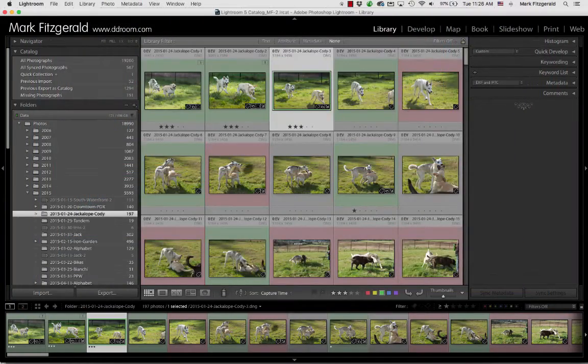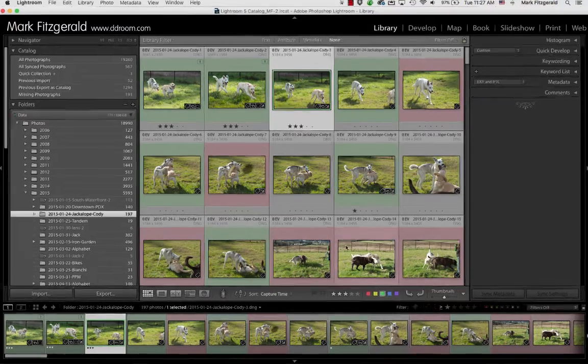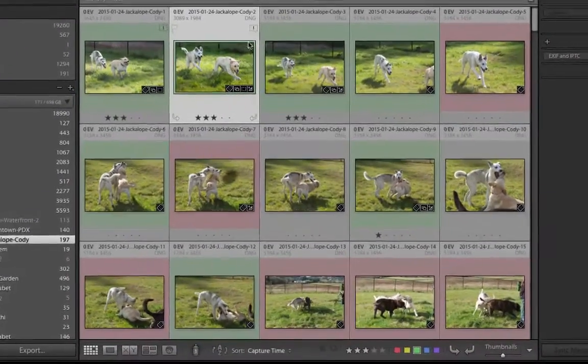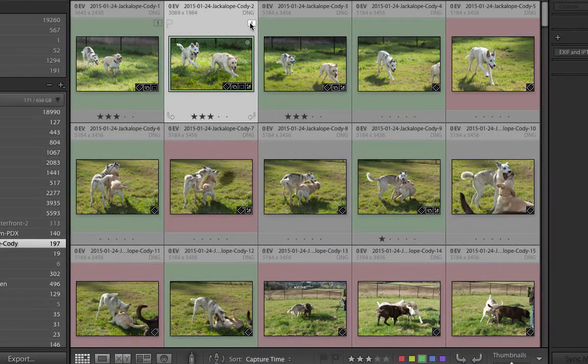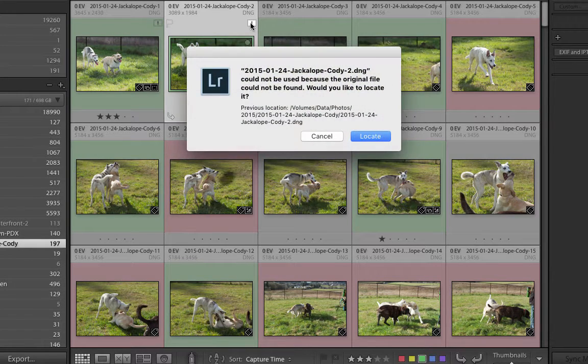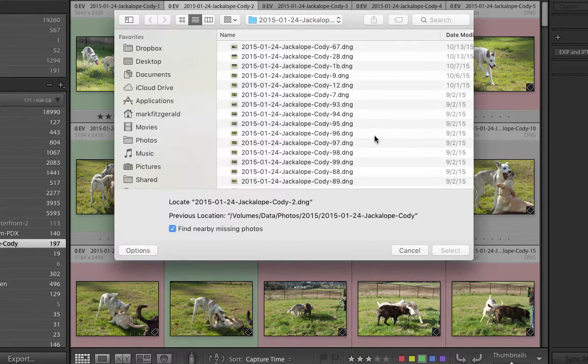Okay, so you accidentally broke Lightroom's golden rule and now you have a bit of a mess on your hands. The first way to relink a missing photo is to help Lightroom by directing it to the photo at its current location. For example, if I go to this second photo and I hover over this icon, you can see that it is a missing photo. If I click the missing photo icon, this dialog opens. All I have to do is click on the locate button